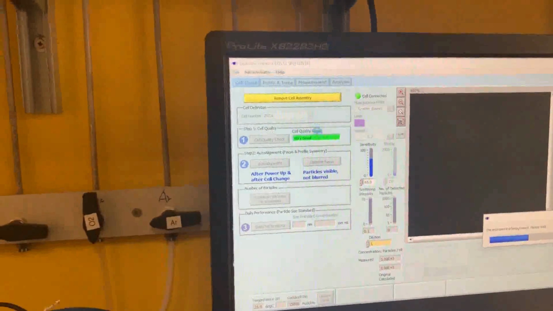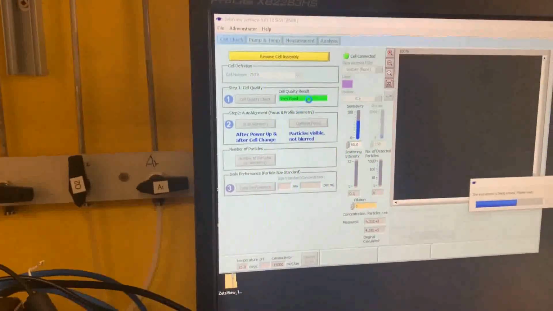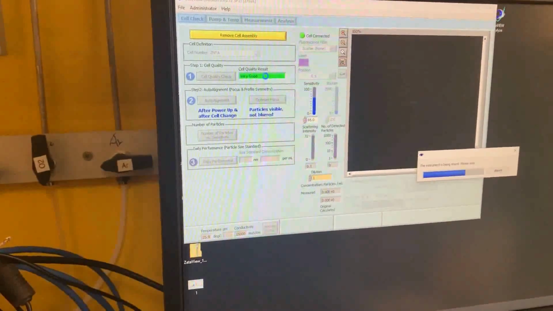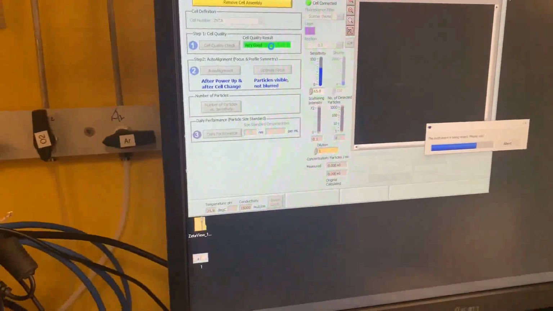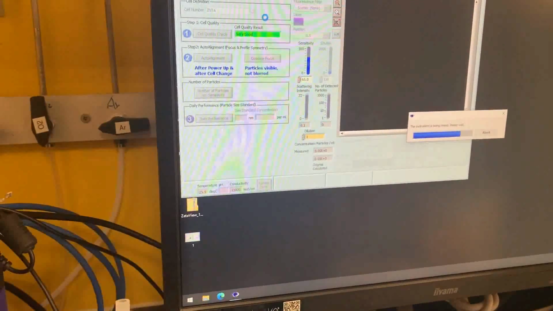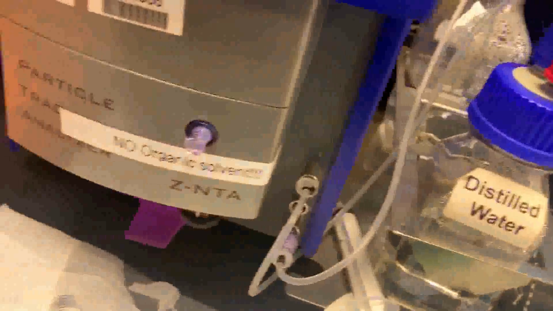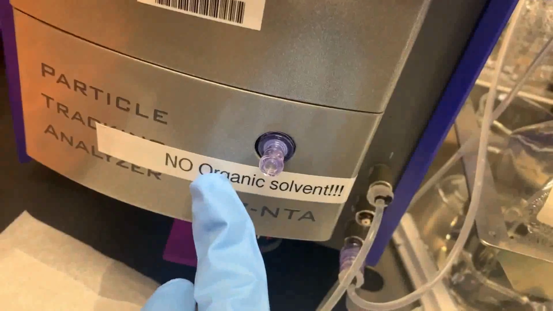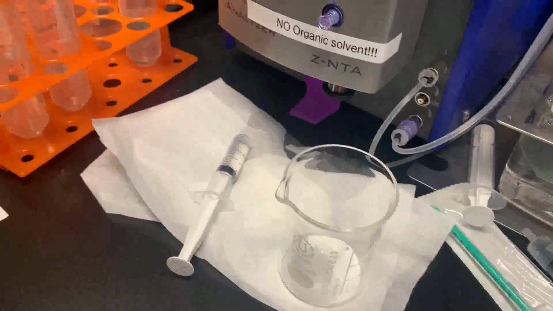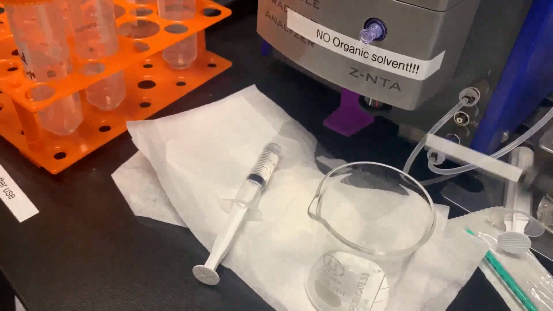In these situations, if when you reopen the software the cell quality is not good, like this is normally good or not good in the yellow color, the thing you have to do is use the clean water to clean the cell, and also sometimes you have to disassemble the cell to clean the observation cell inside. Use the clean glass bottle and the screw, and also some